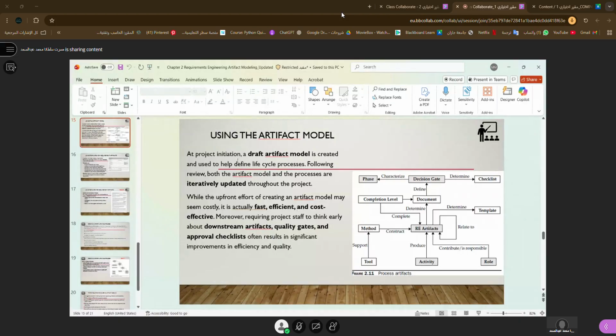What are the project roles here? Completion level, decision gate, document, then activity. These are all different roles here. So how these requirements engineering artifacts are used by different project roles, with the help of a diagram, means you have to draw this diagram. Understood? Then next,